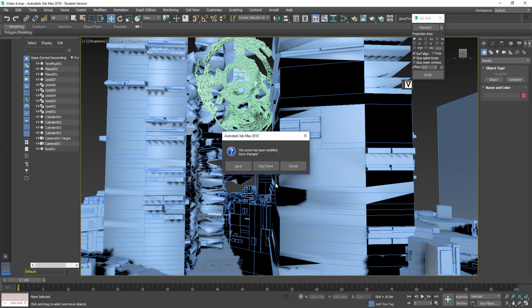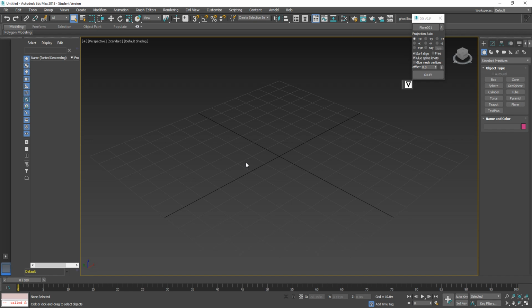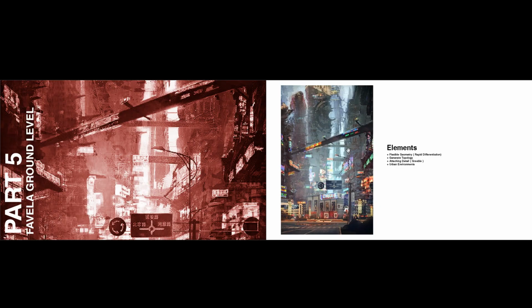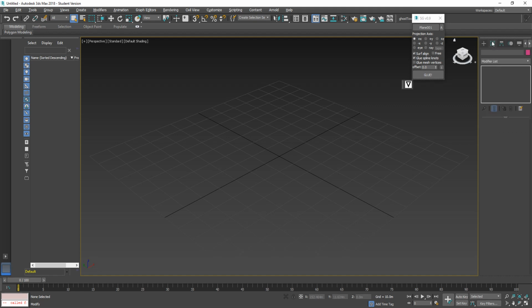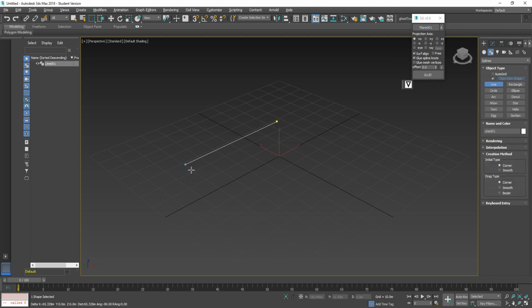We'll first reset the scene. Alright, what we'll first design is all these individual high-rise towers that are different from the favelas on the ground, and as you can see, they have jagged edges and this abnormal geometry, and we're going to try to achieve that. So this time we're going to draw using lines. Previously we used just the standard primitives that 3ds Max offers, but this time we're going to start using lines, and we're going to generate